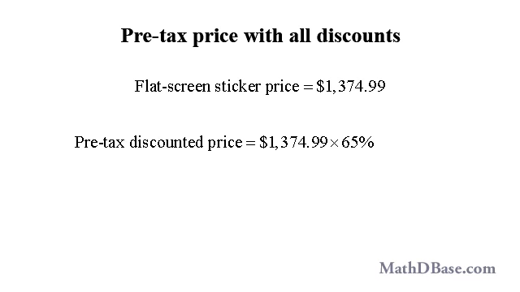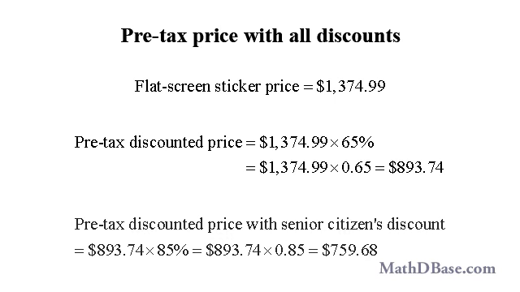$1,374.99, less the 35% floor model discount, or $1,374.99 times 65%, which is equal to $1,374.99 times 0.65, converting 65% into a decimal, which is equal to $893.74 to the nearest penny, calculated directly. After the senior citizens discount, Mrs. Smith's price is